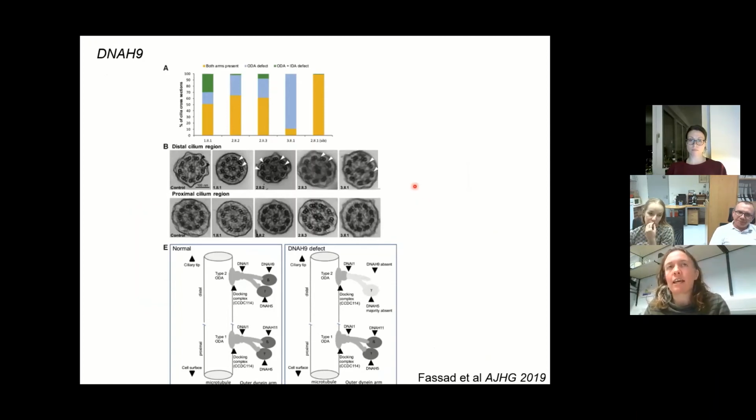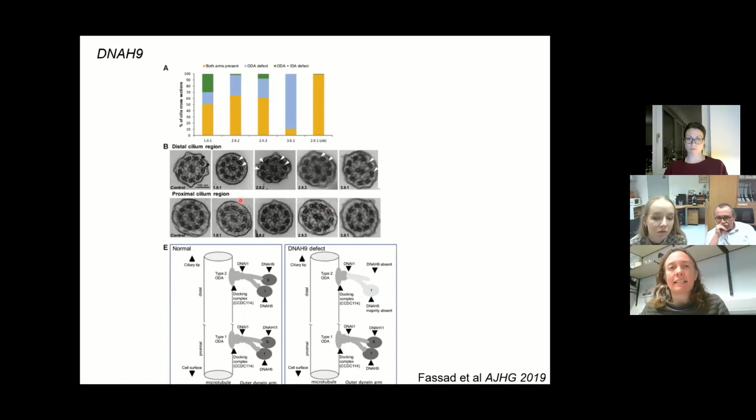of the cross sections. And this is just a figure from the DNAH9 gene paper, where there are different types of outer dynein arm, one of which has DNAH9 and the other which has DNAH11. So if you're at the base of your cilia, you have DNAH11 and DNAH5, and at the top DNAH9 and DNAH5. And therefore, if you have a problem with this gene and with some of the other genes which form the docking complex, which only occur in the type 2 cilia, then you only see the changes in one region of the axoneme,